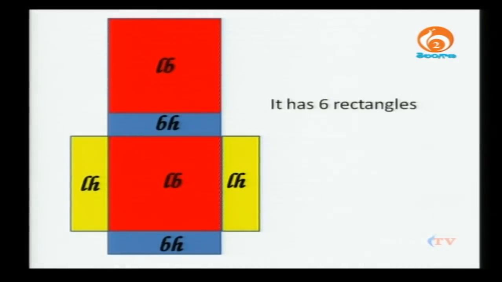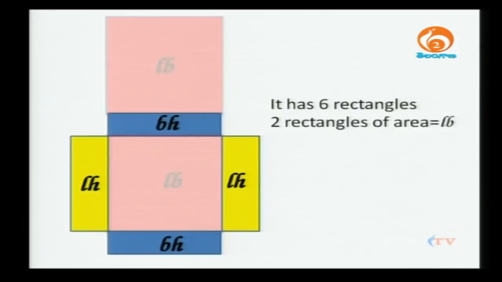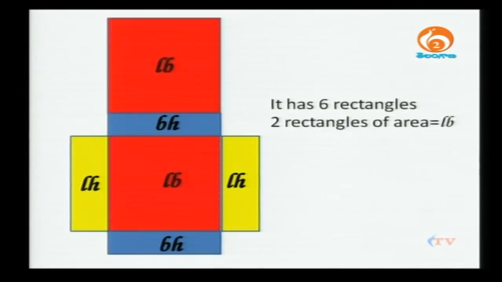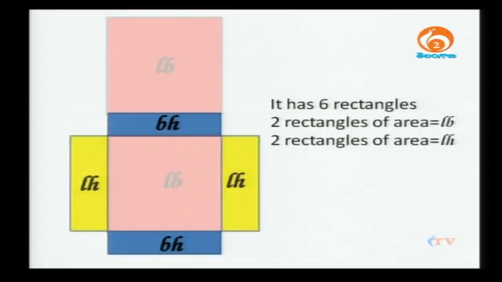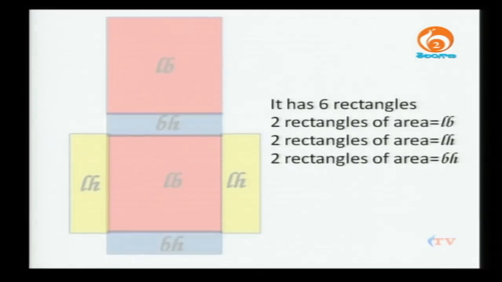So, these are the 6 rectangular faces of the cuboid. 2 rectangles have the area LB, and another 2 rectangles have the area LH. Why? Because length into breadth is the area of a rectangle. And another pair of 2 rectangles have the area BH. Now, we have the 3 pairs of faces, and when we add them,